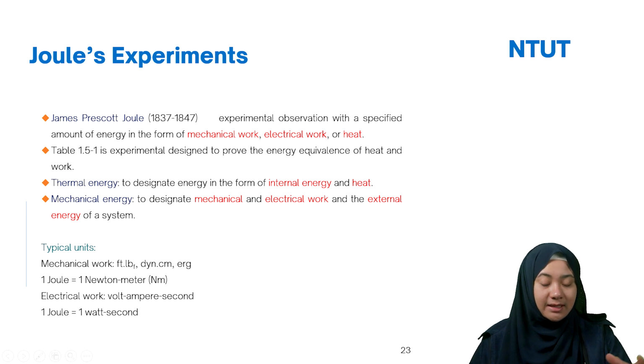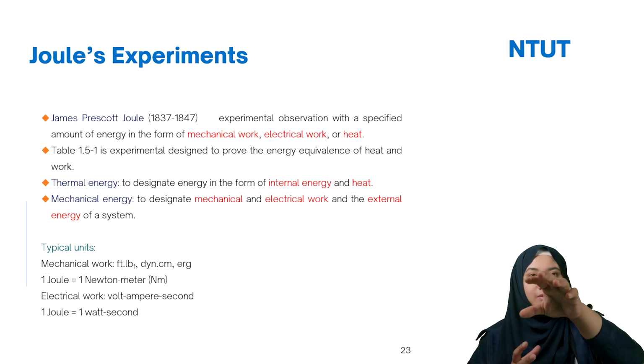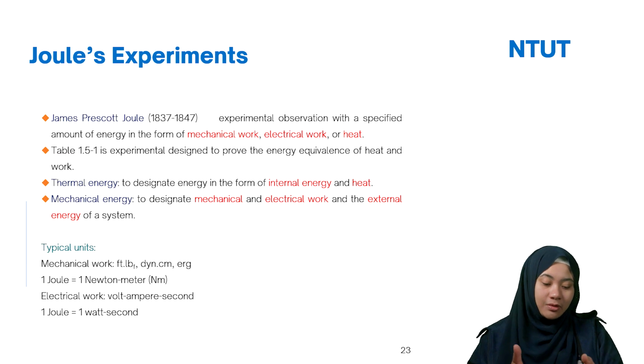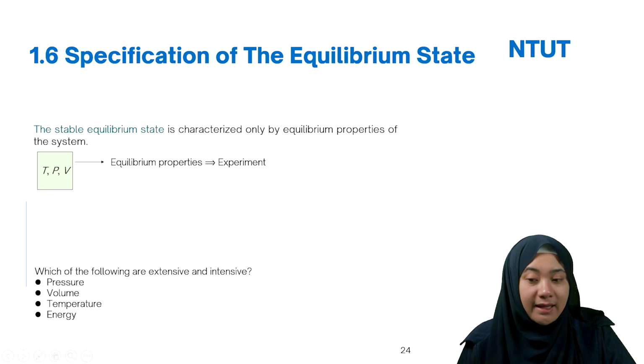conversion. In this case, please memorize the conversions, it's important. When you solve a problem, for example if you use SI here and then British in the end, this is not consistent. If the question asks about British, just use British for the whole system. So unit conversion is the most important. And then we have here the specification of the equilibrium state.